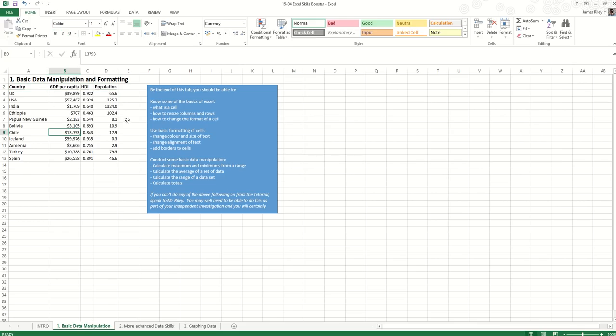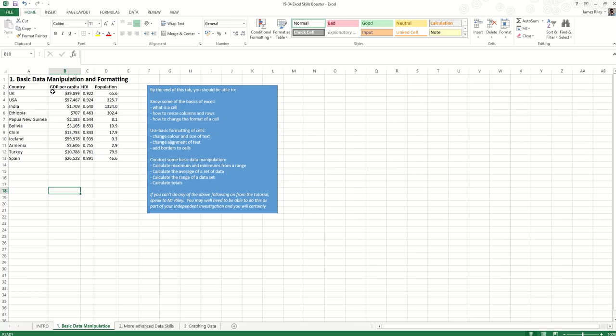I can even put data in the middle if I wanted to. So if I chose to, I could highlight countries, put them in the middle, stick them on the right. I can keep all of mine on the left at the moment. If I printed this